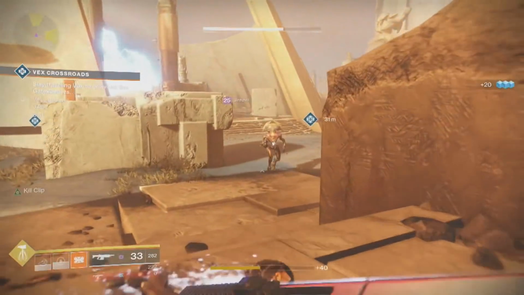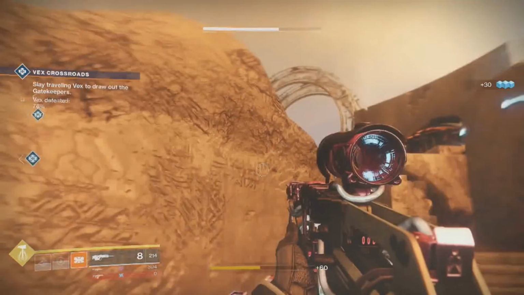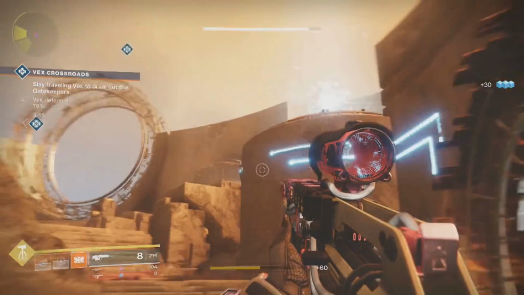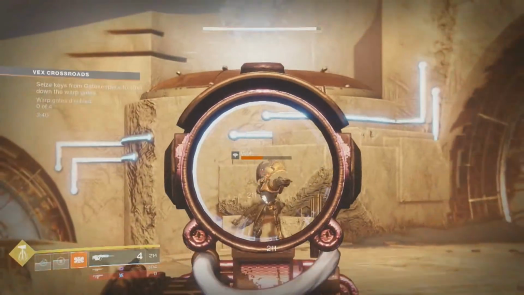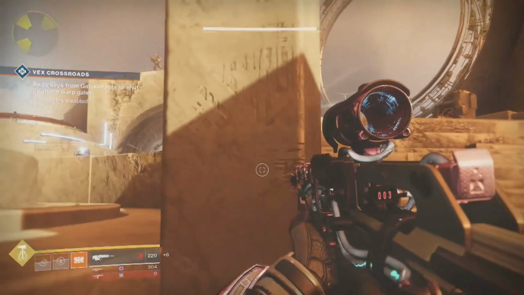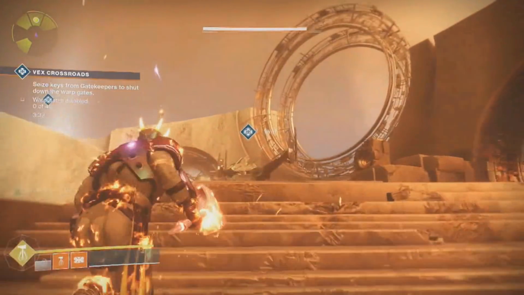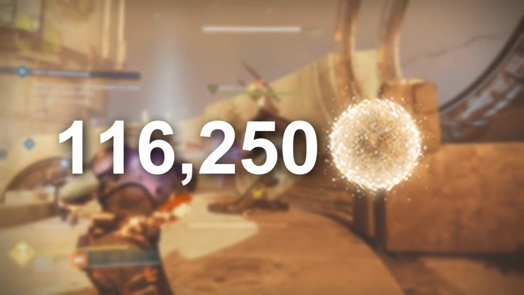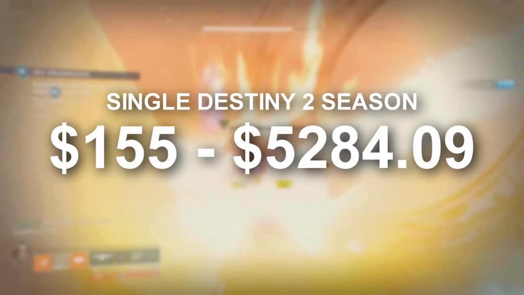I then generously priced each item in terms of bright dust. Everything exotic priced at only 2,000 bright dust, even though in the past we've seen emotes above 3,000. All armor pieces were priced at 800 bright dust, even though right now the chest piece for the Dawning is selling for 1,200. I continued to generously price each item, resulting in a grand total cost for everything available in Season 2 at 116,250 bright dust. If we then use those same worst and best case scenarios, a single season costs anywhere from $155 to an insane